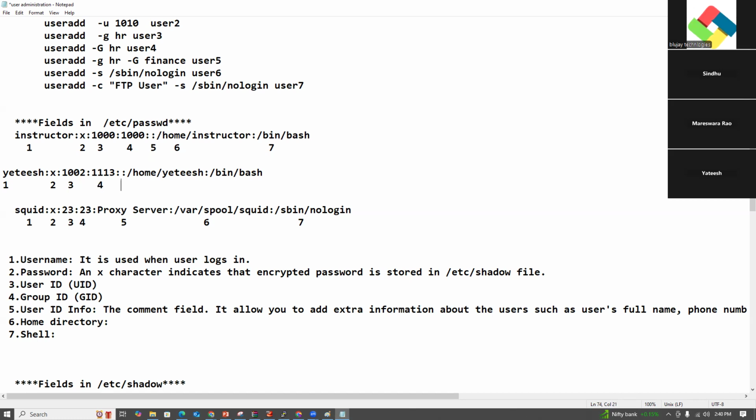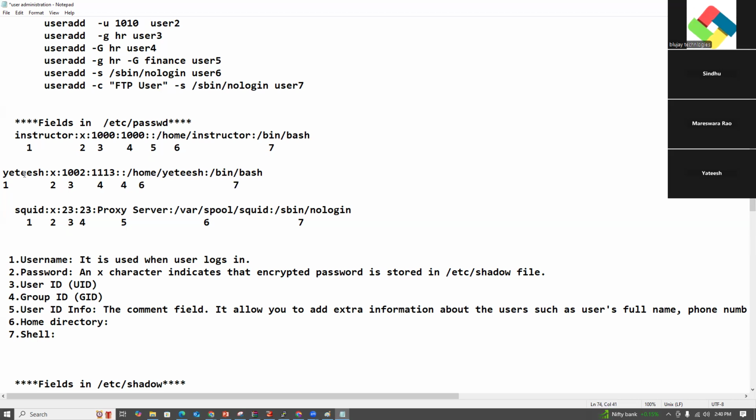The fifth is the user info. The sixth is the home directory. The seventh is /bin/bash, which is nothing but the shell prompt.